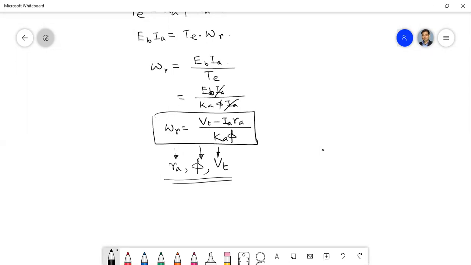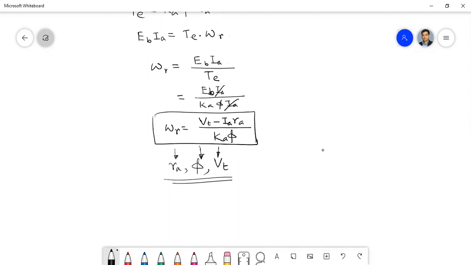Now you see, if we have a shunt motor or a series motor, how can we draw some characteristics for them? What do you mean by characteristics? Characteristics is basically the performance of the machine, which is generally depicted by some curve, generally a two-dimensional curve. Those are called characteristics curves.